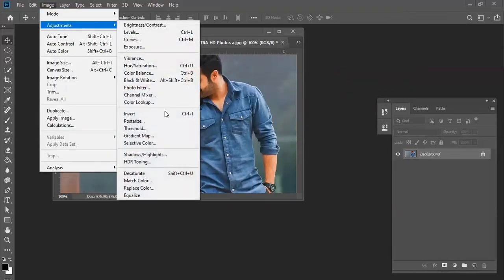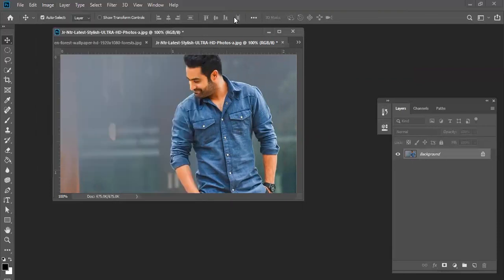These are the image adjustment options. We need to check one by one. Here mainly, the studio people, they are using levels, curves, and brightness. They are using hue saturation. We are using it for color, dress color, eye color, that kind of thing. We are using hue saturation. Okay, so we will take other topics now.